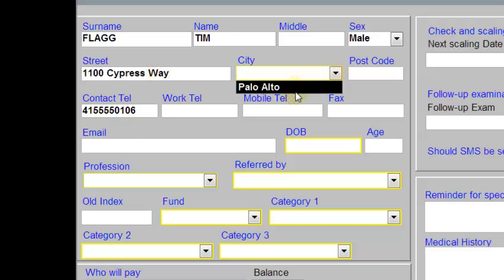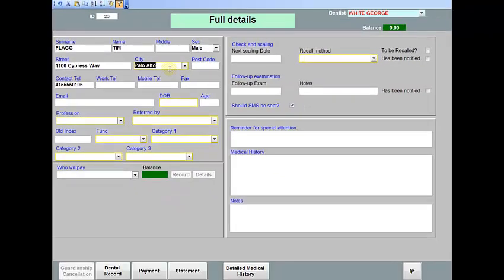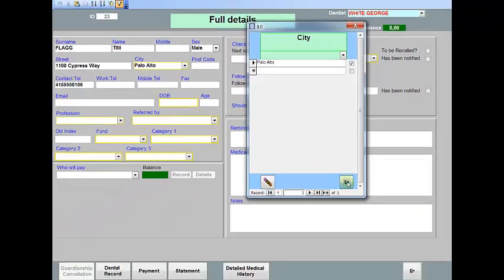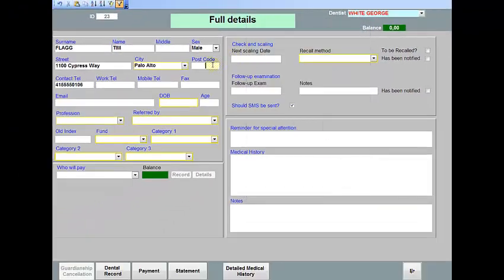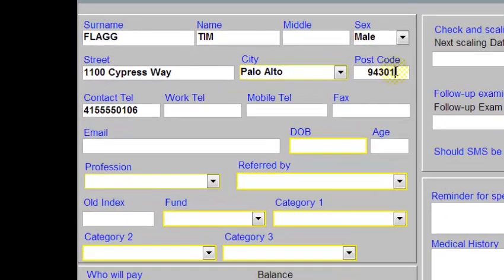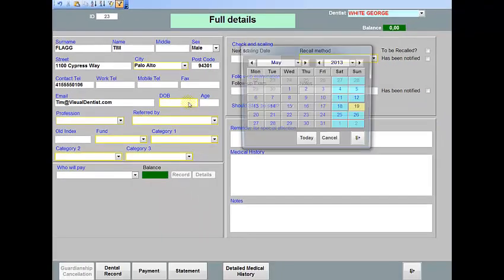The city, Palo Alto. There's a yellow border here, and we can double click and enter any city we want. Email, date of birth, double click,